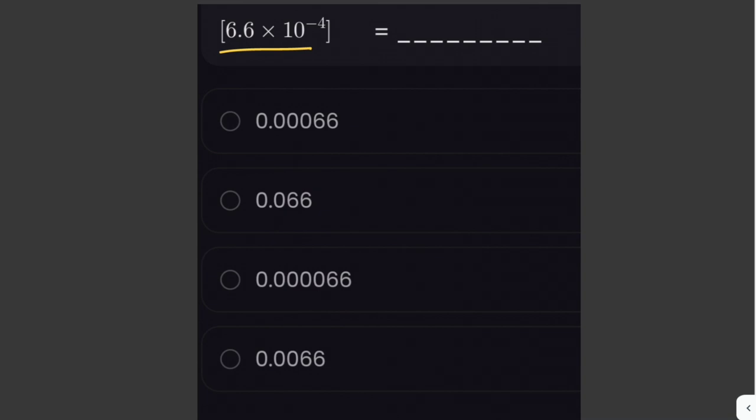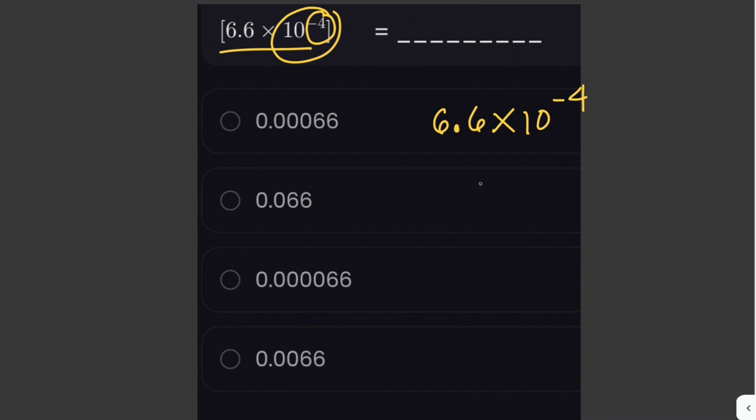In the case of a negative exponent like this one, the decimal is moved to the left, which is the same as dividing by 10 a number of times. And in the case of a positive exponent, the decimal is moved to the right, which is the same as multiplying by 10 a number of times. So the negative exponent here is negative 4, which indicates that the decimal point is to be moved to the left 4 places. So we have 6.6 times 10 to the negative 4, and then we move this decimal point